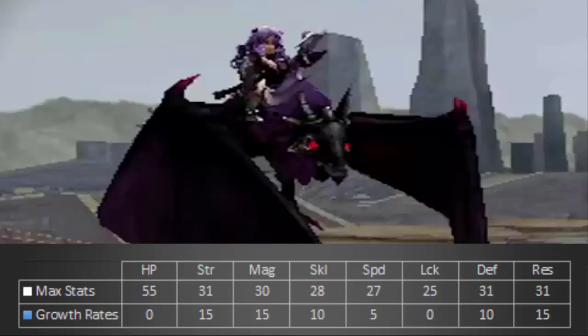Otherwise, Speed is the true loser, coming in at a lackluster 27. This was a problem I often found in Awakening. Certain classes like the War Monk or Dark Knight would be very balanced, but that was their main flaw. These classes were, as I like to say, too balanced for their own good. Sure, those classes didn't lack in any one specific area, but they didn't have any one asset that made them